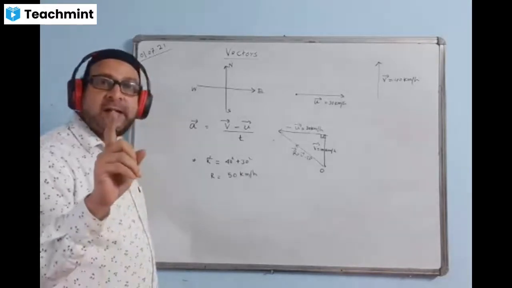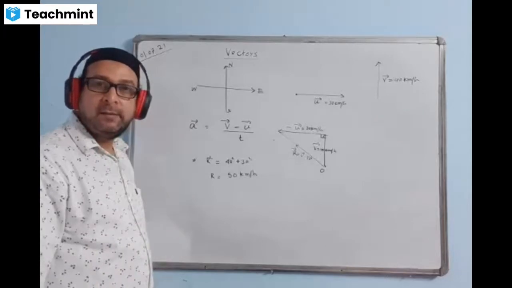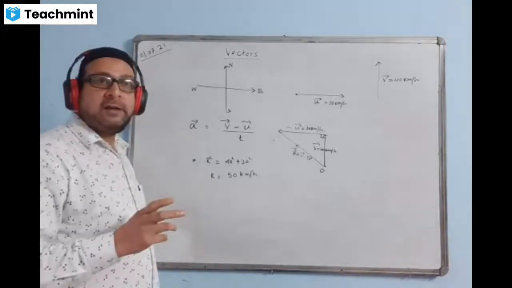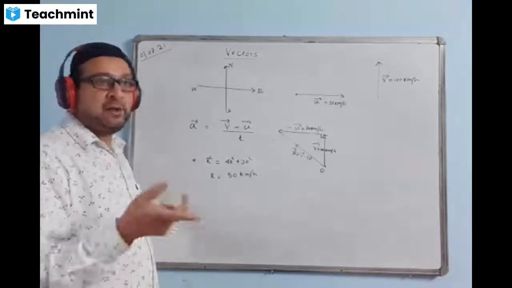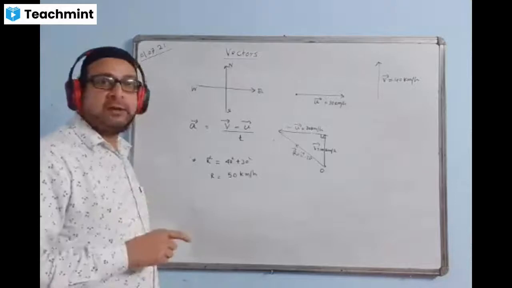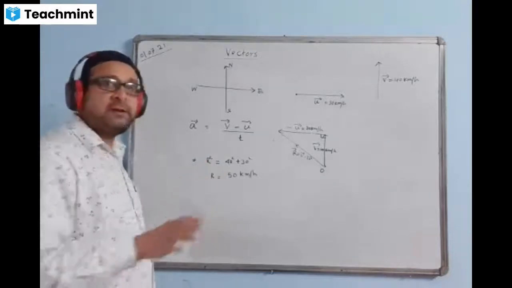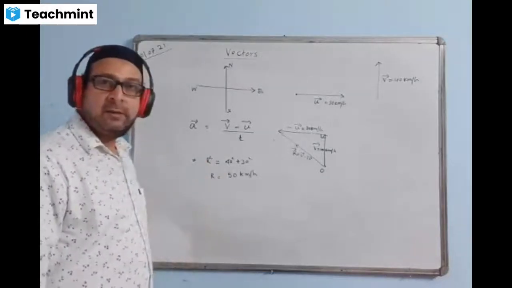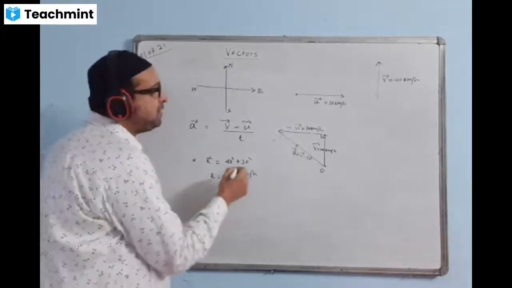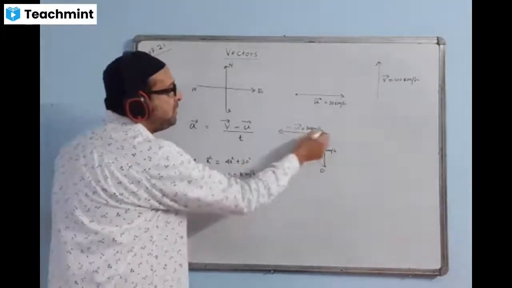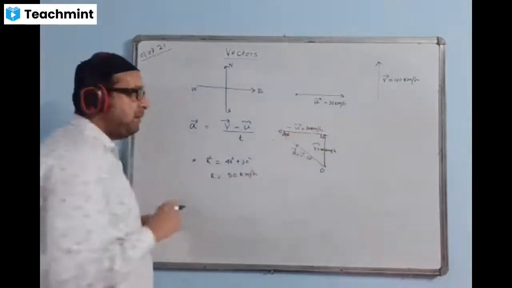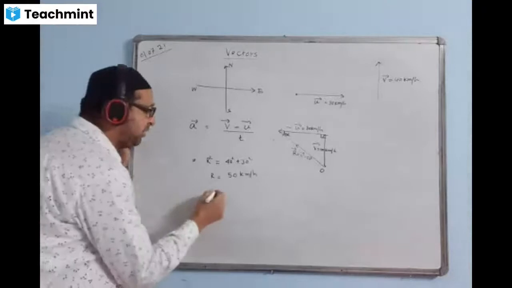Now, resultant must have direction also, isn't it? Because question is asking find the acceleration. Acceleration means both magnitude and direction. If question asks you find the magnitude of acceleration, we will just find the magnitude of acceleration. We will not find direction in that case. So now we are finding the direction. Direction we find with the horizontal line, with this vector, with the horizontal line like this, alpha. This angle I take alpha and find the direction now, right?